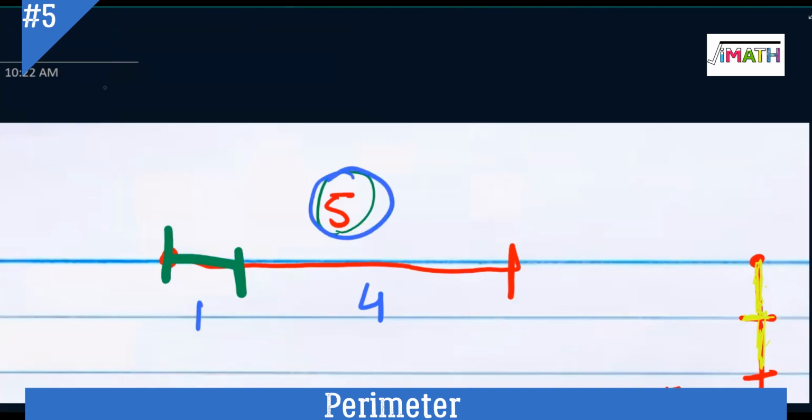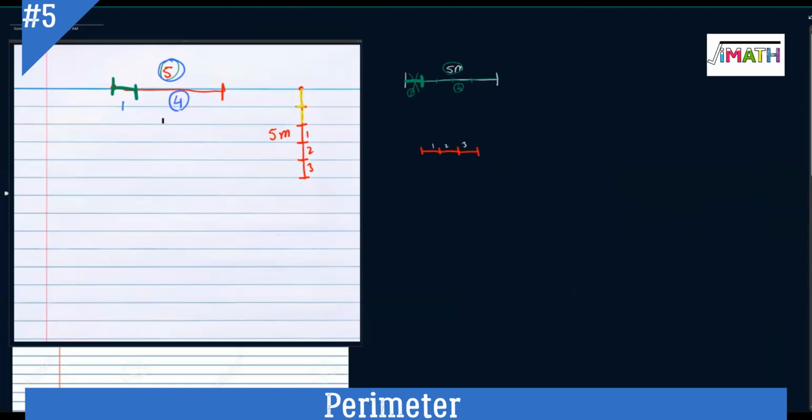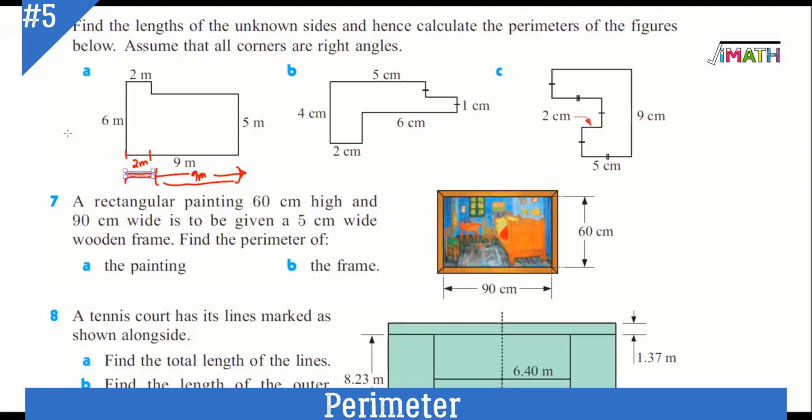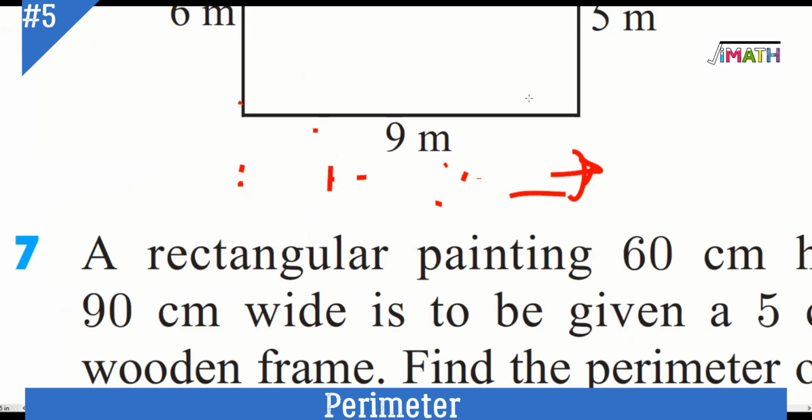If we subtract 1 from 5, it's going to be 4, right? Yeah, we're going to use this analogy here in the diagram. Okay, so the total length of this segment, the lower side, is 9,